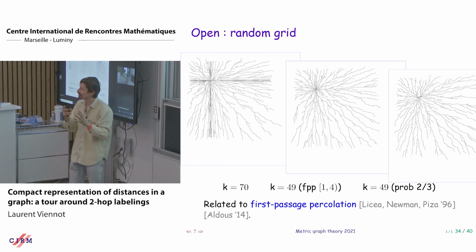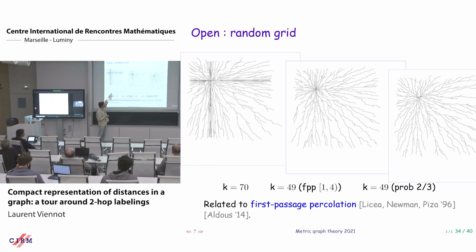So if I make one choice at random, I get this left tree. In the middle part, I slightly perturb all lengths, so the length is taken as a random number between 1 and 4. So you get this tree. And on the right, I keep each edge with probability 2/3, so I remove some edges. And again, I get this skeleton tree.